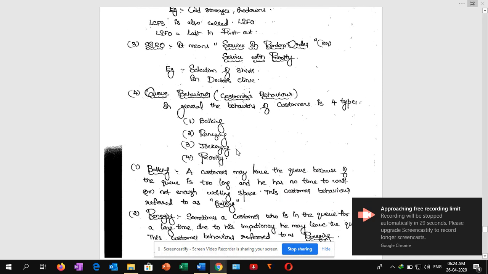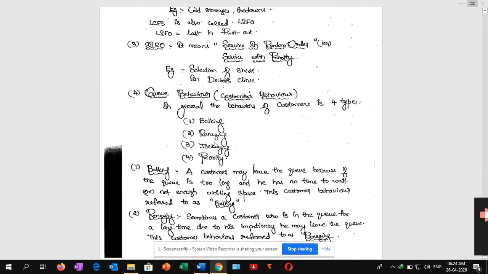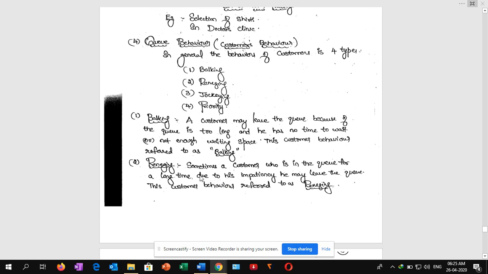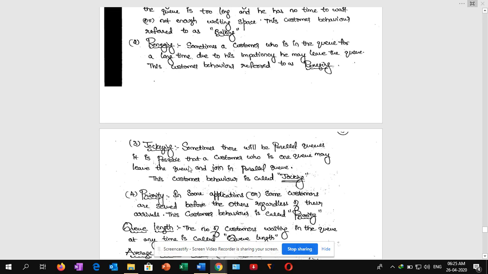Queue behavior has four types: balking, reneging, jockeying, and priority. Number one, balking means a customer may leave a queue because the queue is too long and he has no time to wait. Such customer behavior is called balking. Reneging means sometimes the customer who has been in a queue for a long time loses his patience and goes away from the queue. Then that customer behavior is called reneging. Jockeying means sometimes